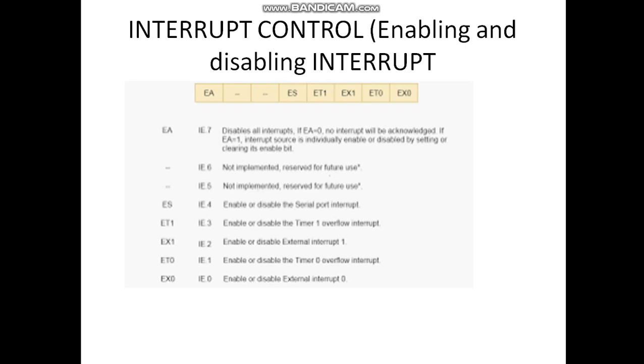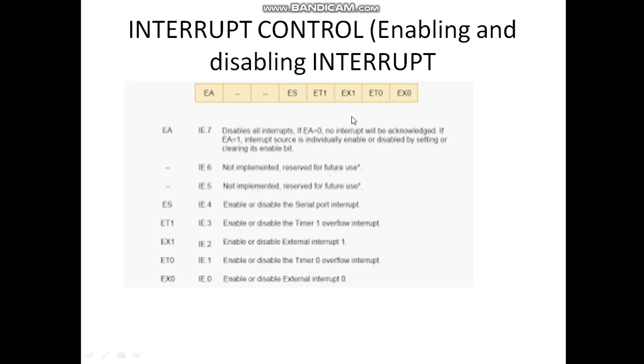The next one is EX1, that is external interrupt 1. If this bit is 1, then only we are enabling the external interrupt 1, that is through the INT1 pin. The next one is ET0, that is if the bit is 1, then we are enabling the timer 0 overflow, else we are disabling.